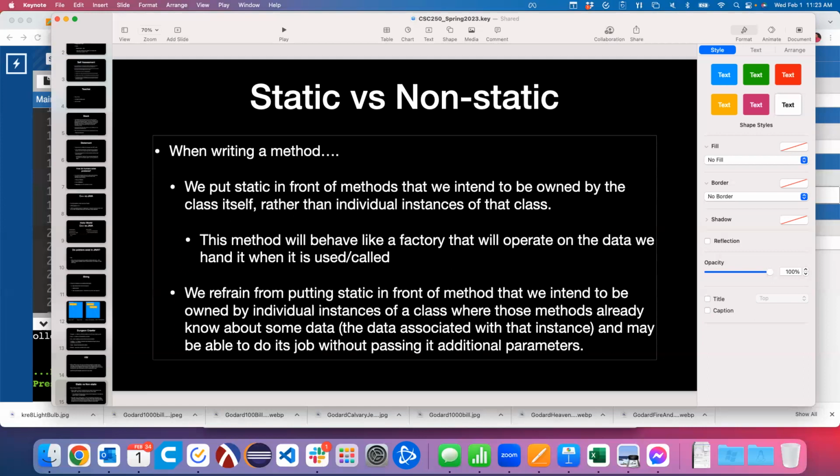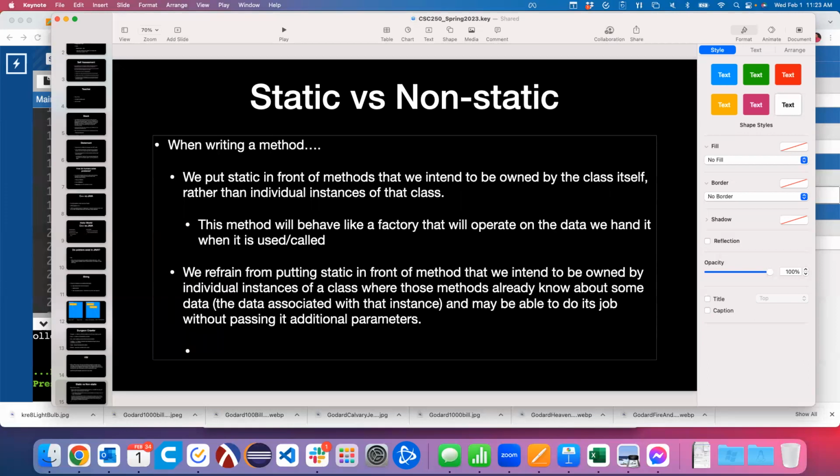So like s.length. If I have 10 different strings I've defined, I can ask each of those individual strings to report its length. That's like telling the toast to toast itself, which would be way cooler than strings doing that. So this method will behave